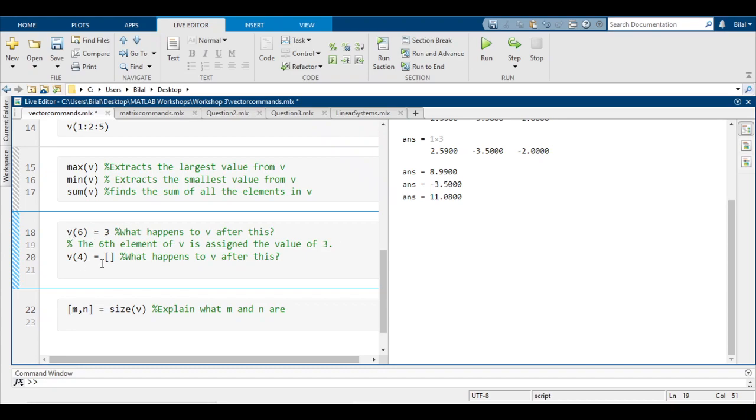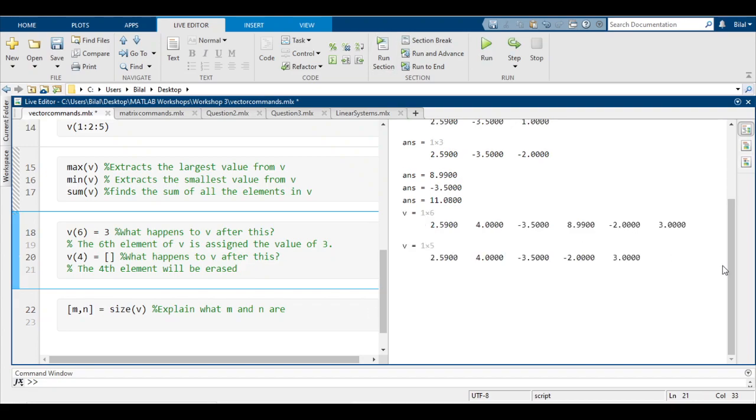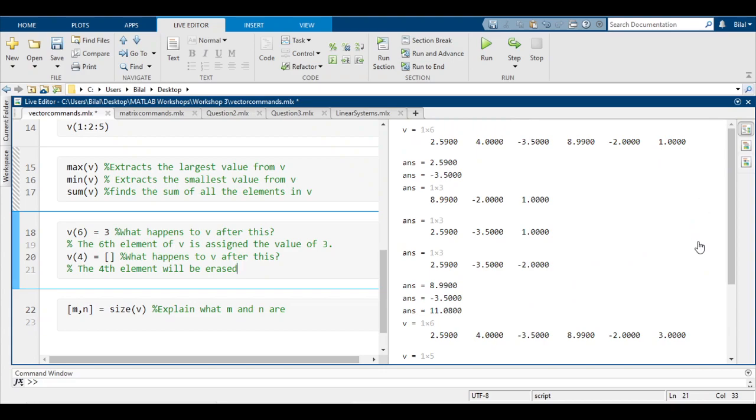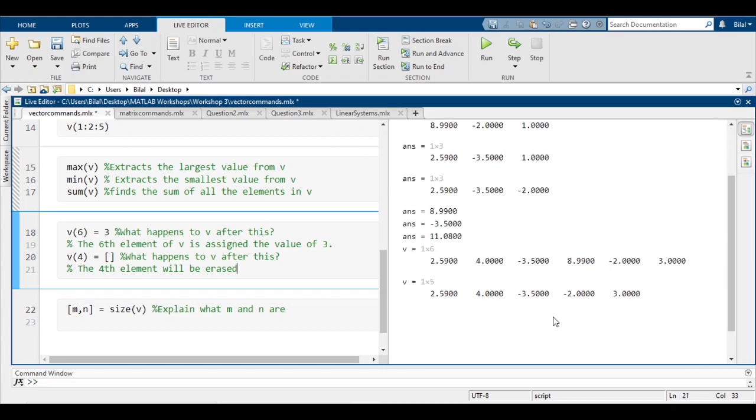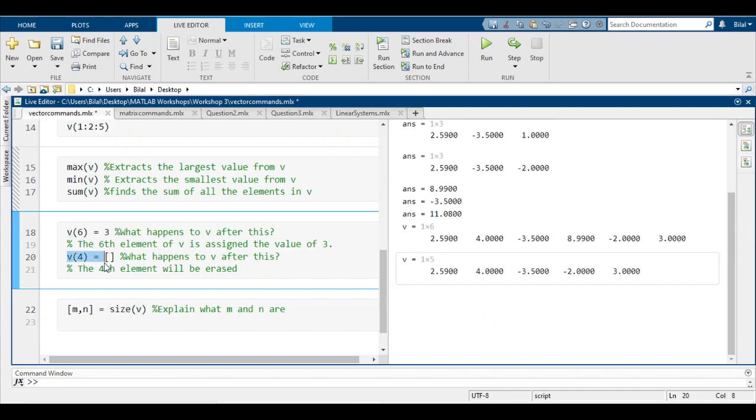And then for the last line in this box, V of 4 is equal to these square brackets. These square brackets can be seen as an empty vector or an empty value. So what this will do is the fourth element will be erased. So if we run section, notice how before the final value of V was 1 and now it's 3. And once we apply this code, it's deleted the fourth element, which was 8.99, and now we just remain with a one row,